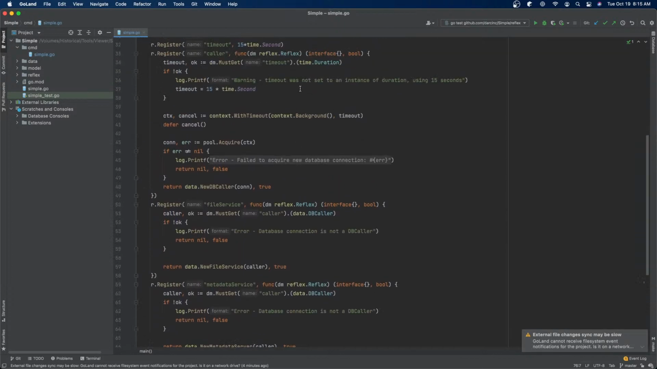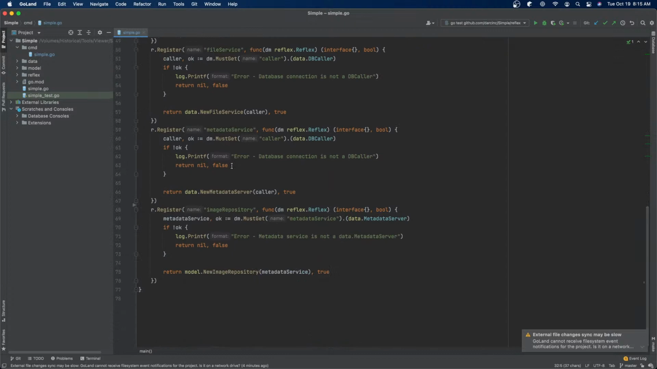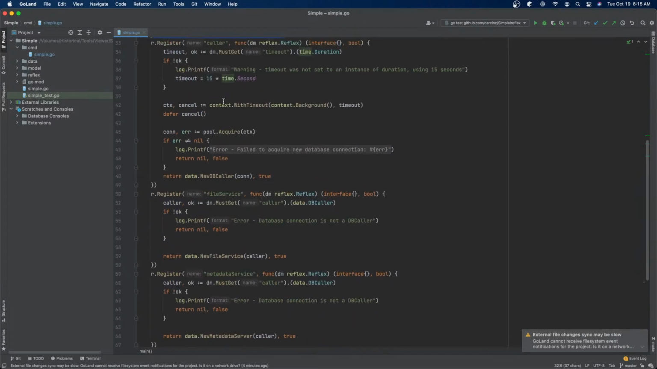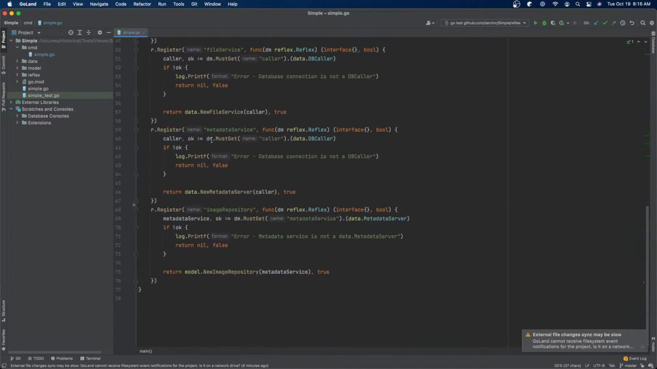Now in this case I'm using a lot of functions. Here I register a simple value. Here I'm using a lot of functions as builders. But it's the same concept. I'm basically saying I don't care how I get this, I just want a caller. I don't care how I get this, I just want an image repository. And